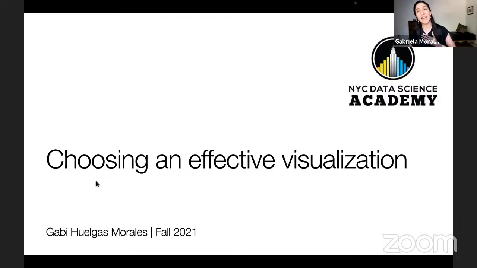My name is Gabby, and I want to tell you a little bit about myself. I have a bachelor's degree in chemical pharmaceutical biology. Then I did a PhD in biomedical sciences in Mexico. I came to the US to do postdoctoral training in molecular genetics and biology at the University of Minnesota.